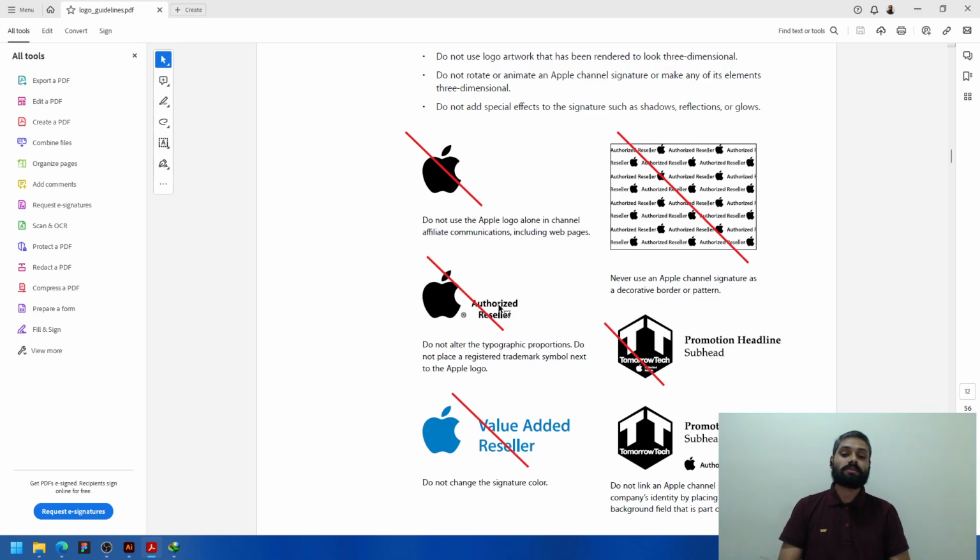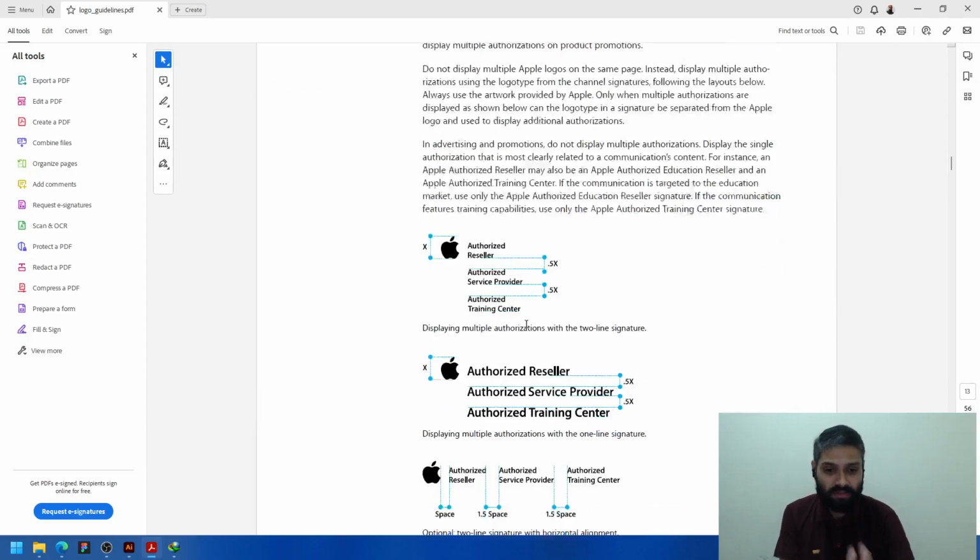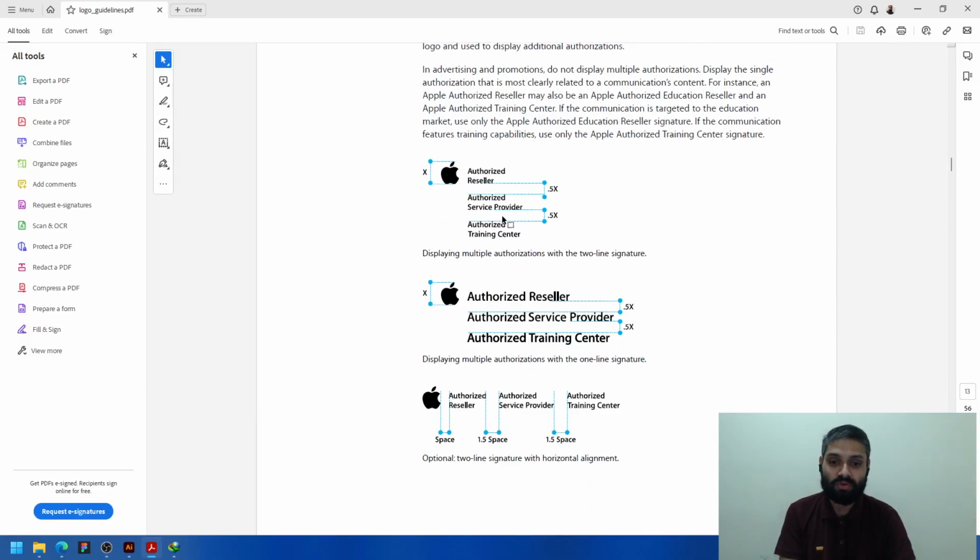Obviously, if some companies are very small and they are not focusing this way, then you don't have to build this much entire detail. It depends. But basically, if you are able to give them such detail, it will be very good. So what are the things you need to avoid, how you need to adapt the logo, and what is the gap between the